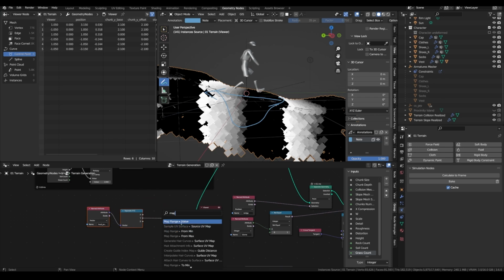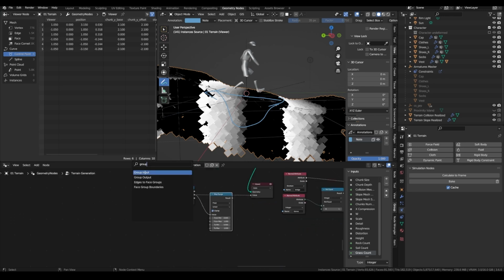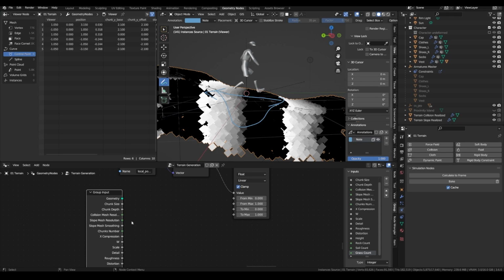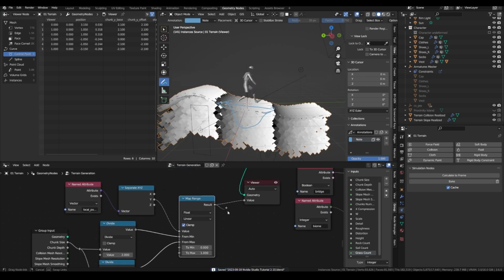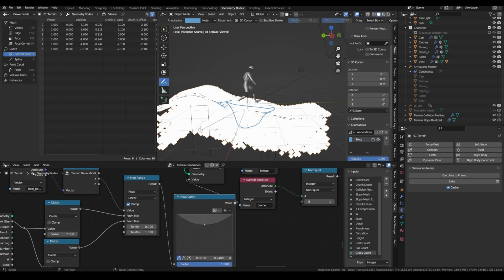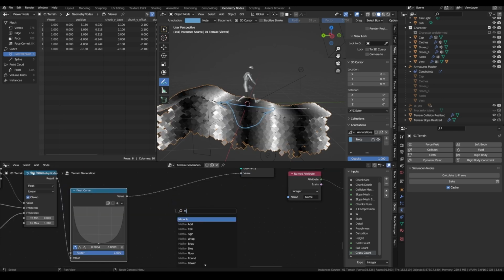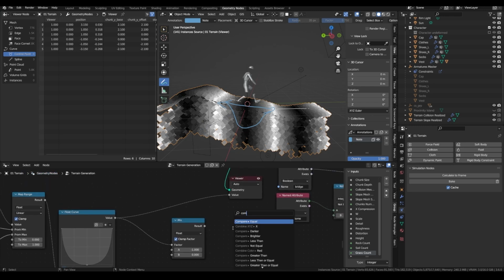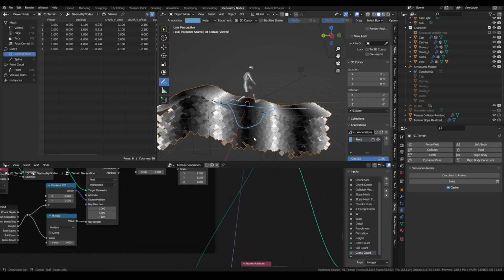Now we can remap this from the extreme values of the chunk, which are plus and minus chunk size divided by 2, so chunk size divided by 2 and chunk size divided by minus 2. And if we plug this into a float curve, we can get somewhat of a bulge like this. Let's plug this into a mix node to mix where the value is 1 between a value of minus 1 meter and when it's 0, let's keep it like it is. So let's combine this x, y, and z into the input and plug this into the offset of our set